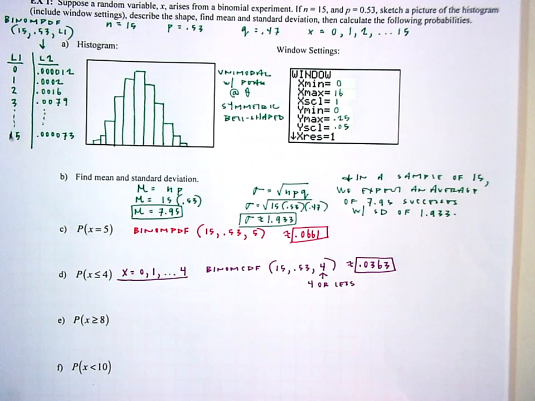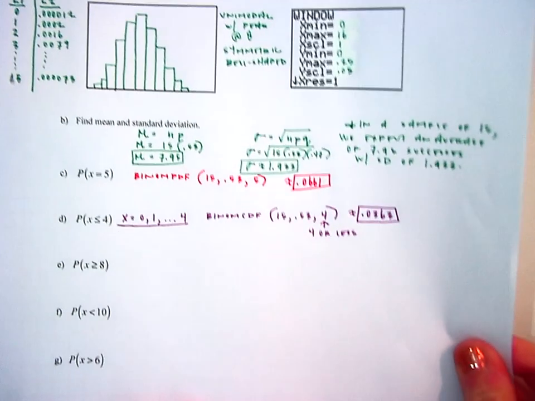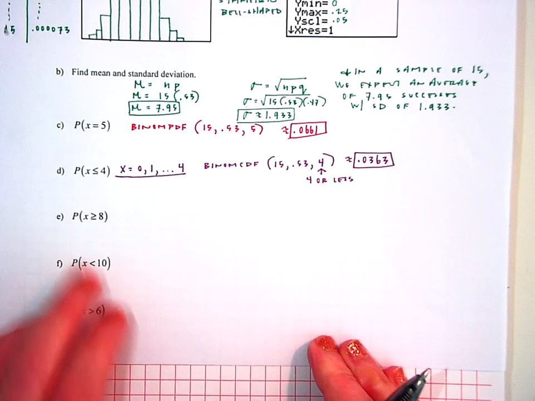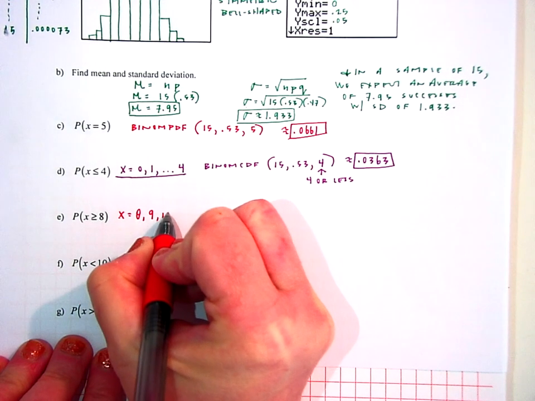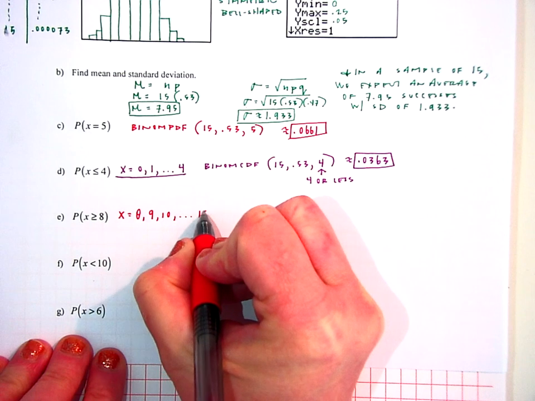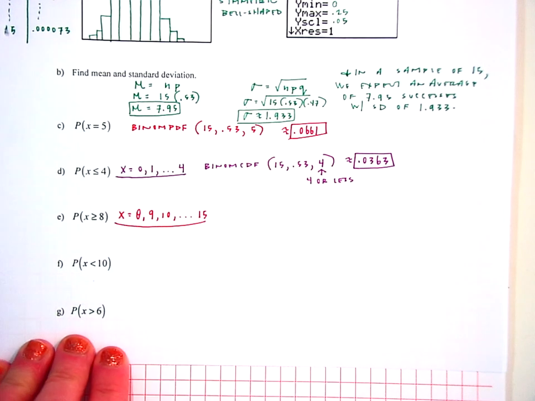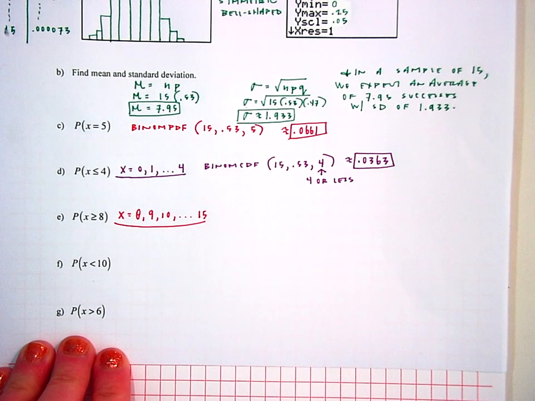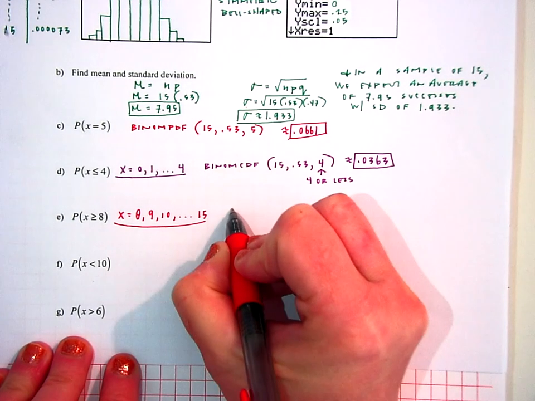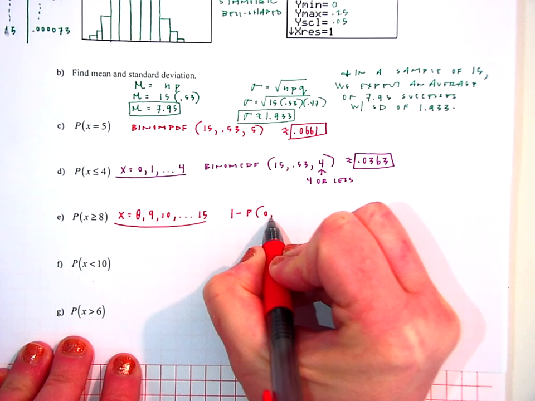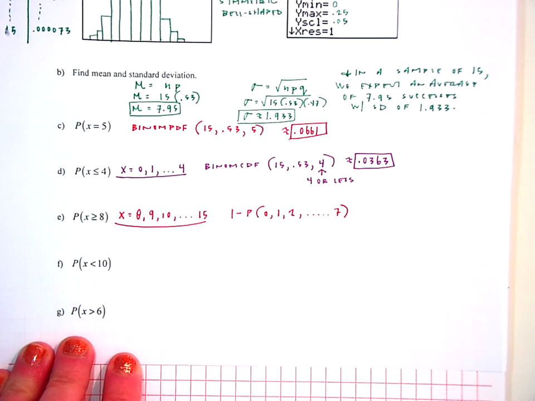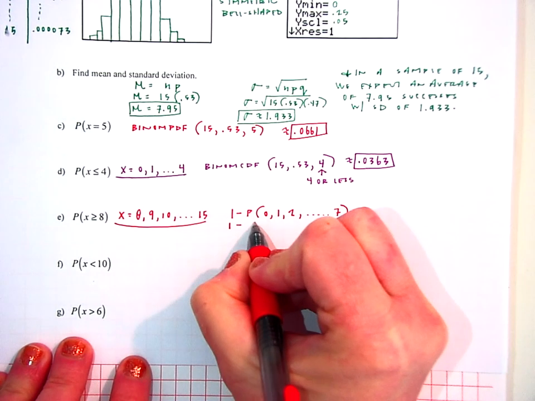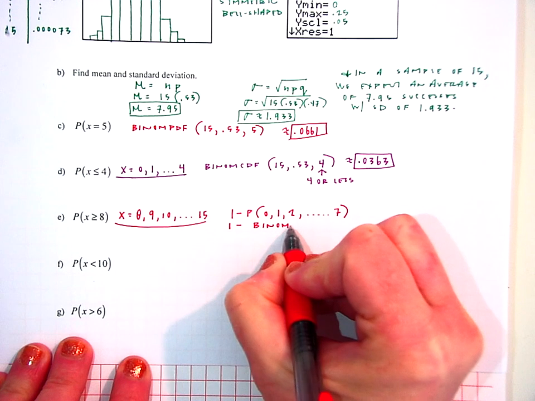Okay, next up, now we're saying greater than or equal to 8. Let me slide this up just a smidge right there. So that's saying, well, it could be exactly 8, could be exactly 9, could be exactly 10, all the way up to 15 total. So for this one, my CDF only lets me do this number or below. So I'm going to have to go through the complement. I'm going to do 1 minus the probability of it being 0, 1, 2, or anything all the way up to 7. So I have to do 1 minus binomCDF